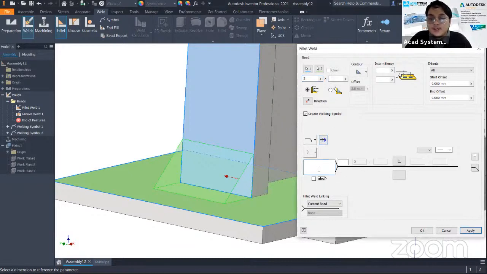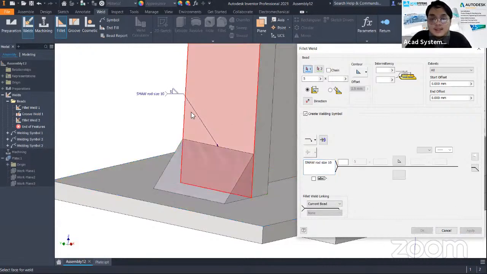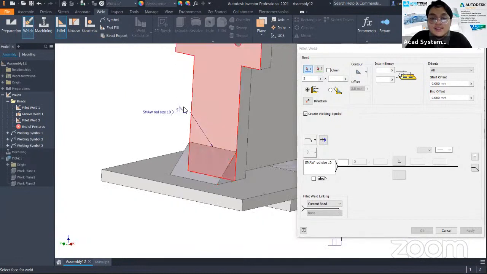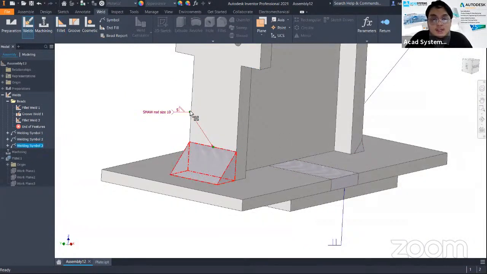And for this part here, probably we are going to use, let's say, small rod size 10. Okay, and then just click apply, and you will automatically create this. Okay, just close this. Now you will automatically create this symbol when you already finish creating your weld bit,